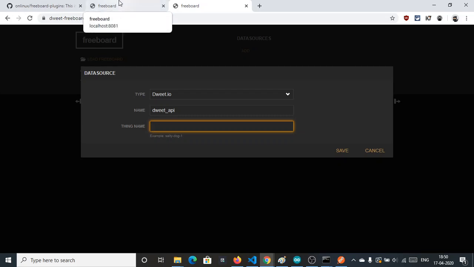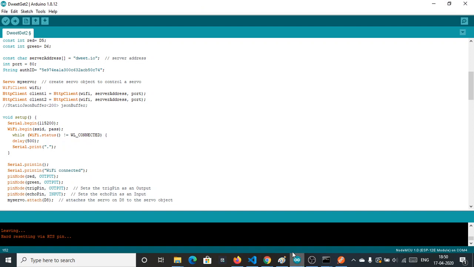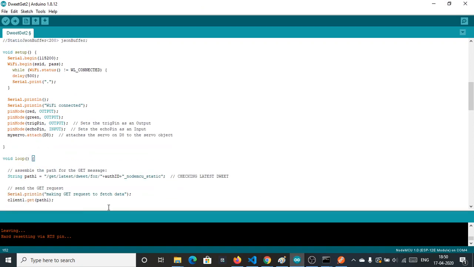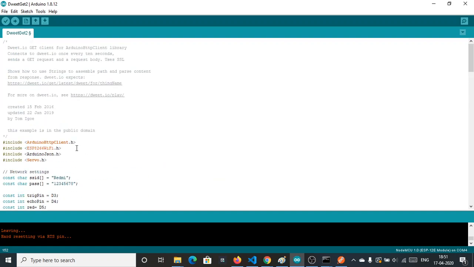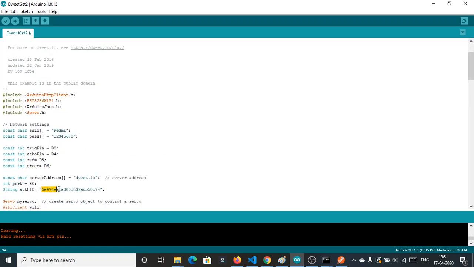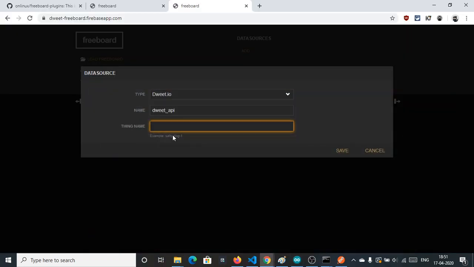In this, the data is coming on things like auth id underscore NodeMCU underscore static. This is the total thing name: the authenticated user ID underscore NodeMCU underscore static.